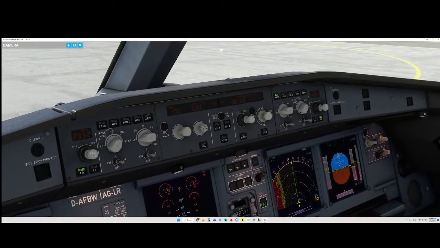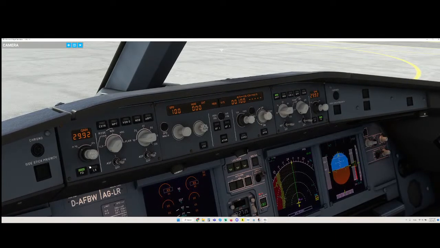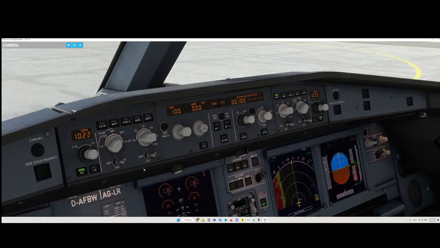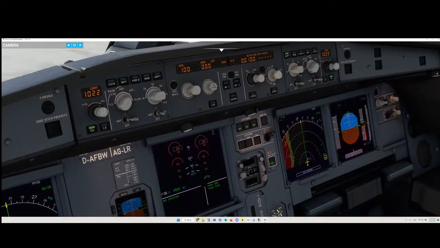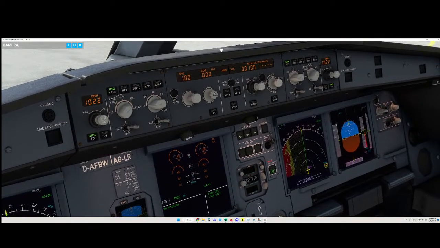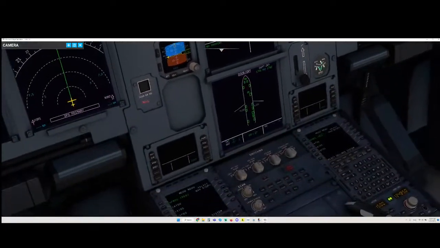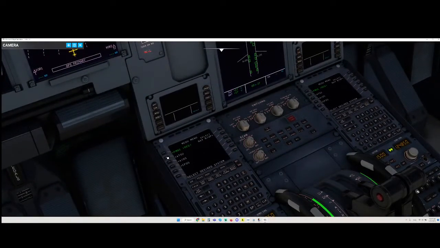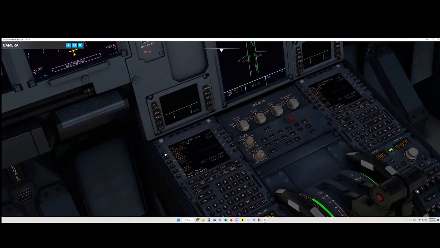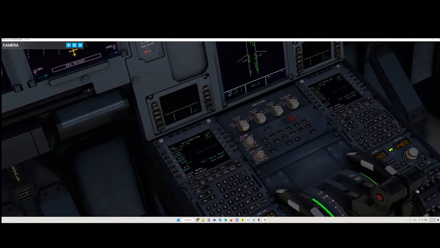Okay, let me increase this lighting also. QNH was 1022. Okay, I'm gonna put this to viewer, then constraints, and I will increase the lighting of this as well. Let me quickly import our flight plan into the MCDU. Yes, this is now loaded,